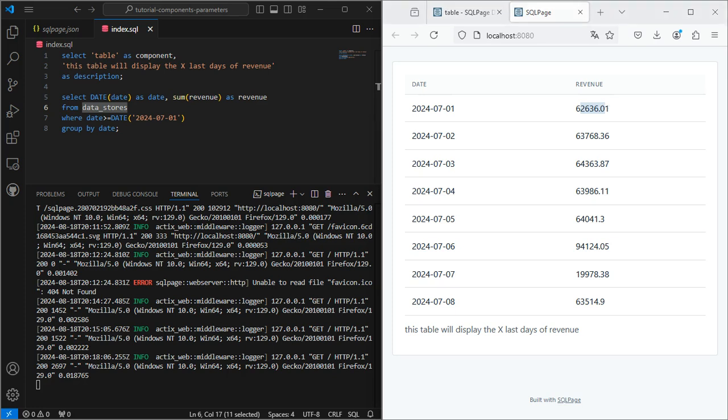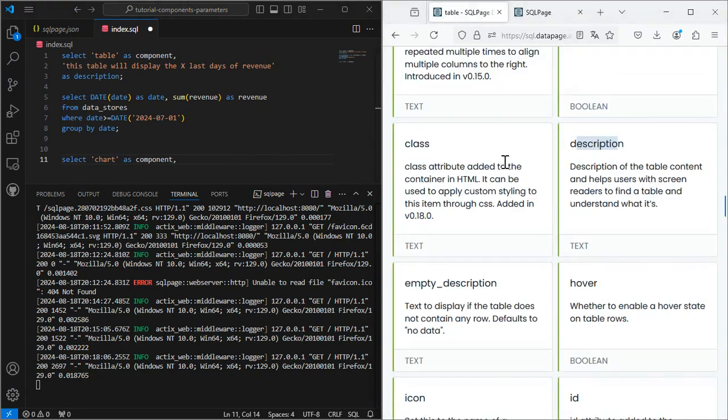You successfully used the component, you added a top-level parameter, the description, and you added your data, which is the row-level parameter of the component. When using a component, make sure to look at the documentation to see what top-level parameters and row-level parameters the component has. Let's continue with another example, another component, the chart component. Let's check the documentation to see what row-level parameters and top-level parameters this component has.